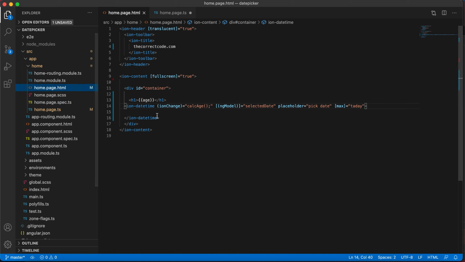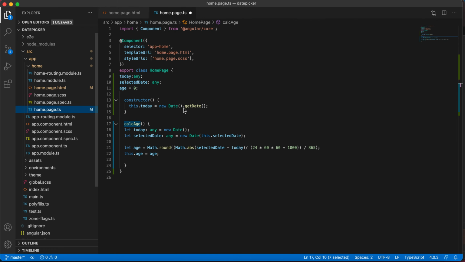First we need to create an ion-datetime, and we are passing an ngModel, selectedDate is a variable, and we have added a placeholder, pick date. When pick date is clicked, we need to pass a function. So we have created a calcAge function. Now we need to create today as a variable and selectedDate also as a variable, and age is also a variable. Let today: any = new Date(), it's the default date function, same like selectedDate.